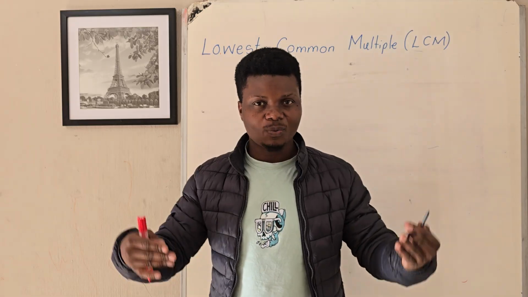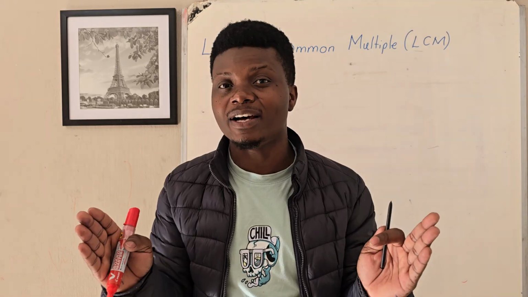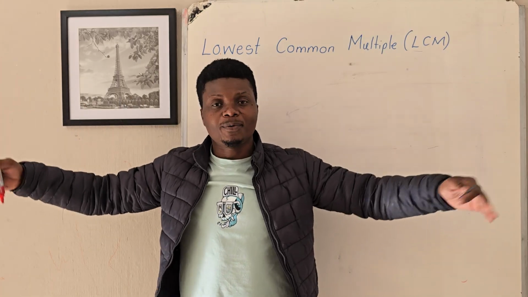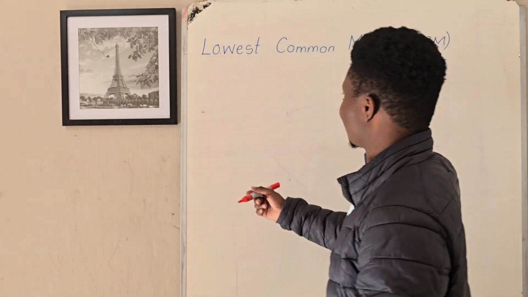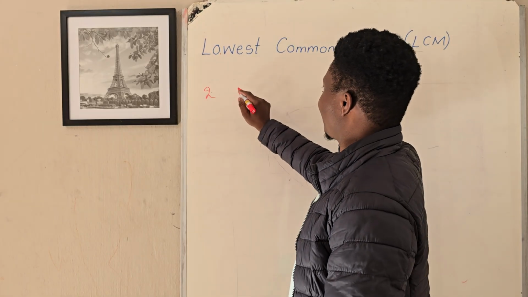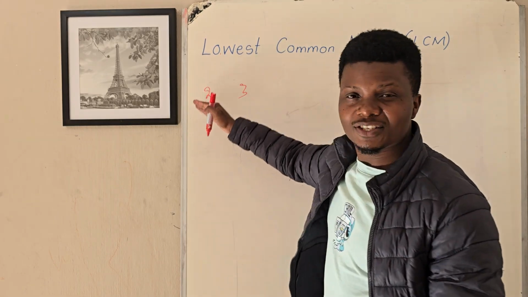You think that the lowest common multiple is a smaller number. That's not correct. The lowest common multiple is always a bigger number because we're talking of multiples. For example, if I say what's the lowest common multiple of 2 and 3, I mean list all the multiples